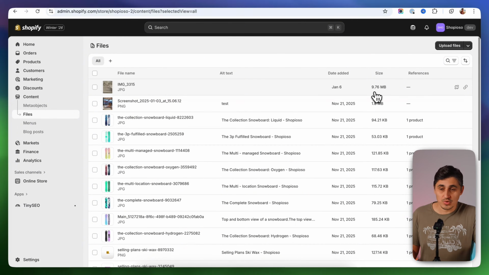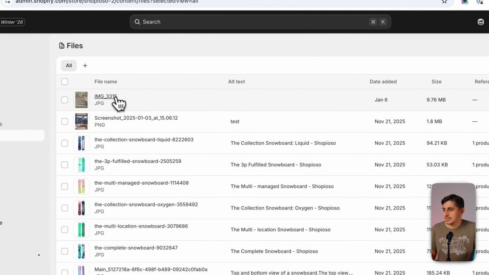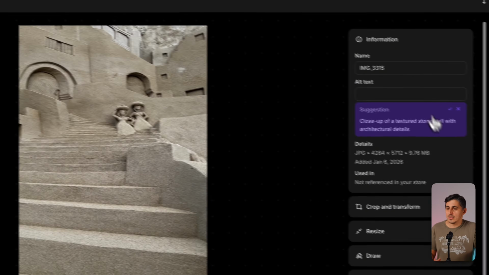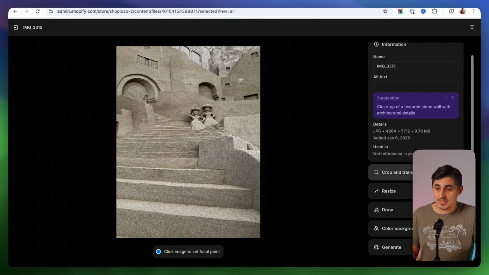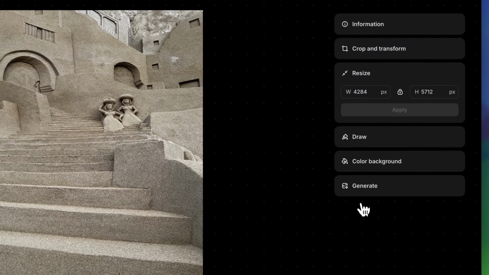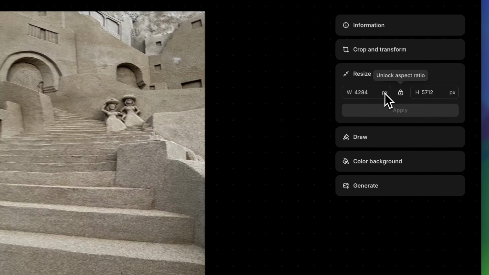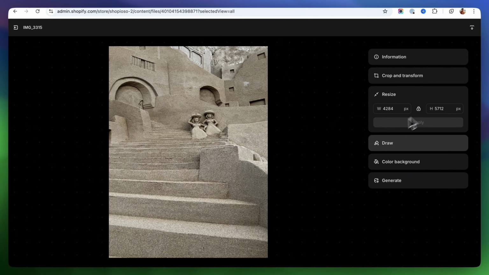To resize an image that you already uploaded to your Shopify store, let's say this is the image, and by the way, you should never upload an image that looks like this. You're gonna click on it and you're gonna have a bunch of adjustments that you can do, one of which is the resize option right here. So I'm gonna click that. You can go ahead and you can resize it from here, but as you can see, there is no compression